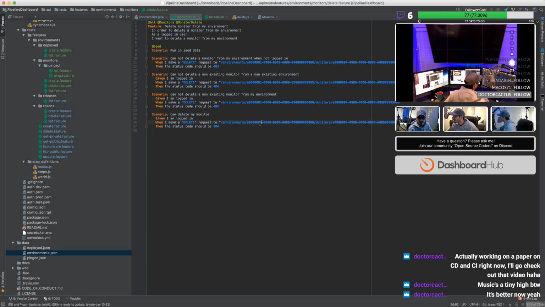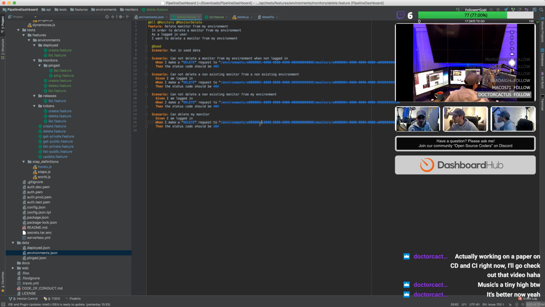And if anyone sees any improvements, even if it is just a space or a wording, do please submit a pull request. I'd really appreciate it. And if you want help with that, also do let me know. And for my environment, I don't want to list a monitor, I want to list monitors. One thing I actually do want to do on the UI, I have actually limited it to,